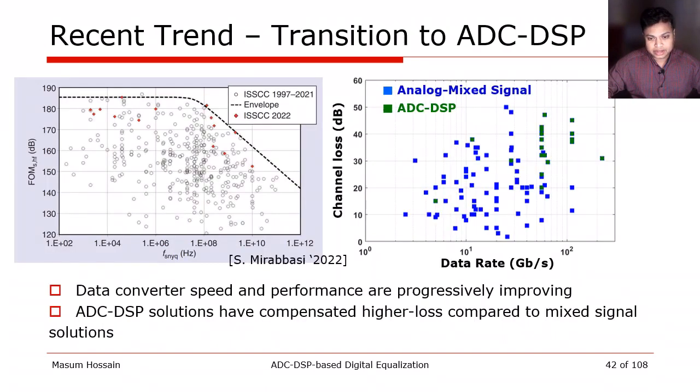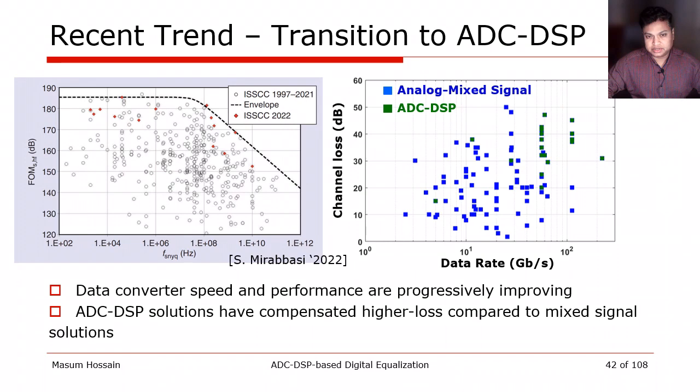In addition to that, we also see one more trend in recent data converters. If we plot the Nyquist frequency or the sampling frequency on the x-axis and their figure of merit on the y-axis, we see the recently published ADCs have shown significant performance benefit. These two factors together lead to a scenario where at high data rate, when I have to compensate very high channel loss, ADC DSP solutions not only outperform an analog solution, but are the only solution that is